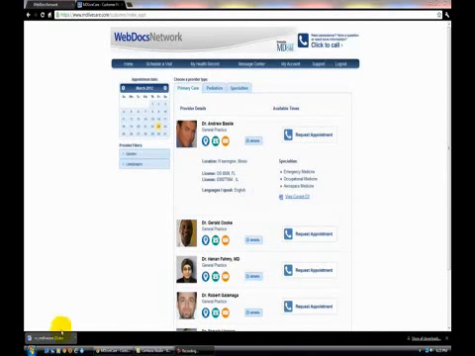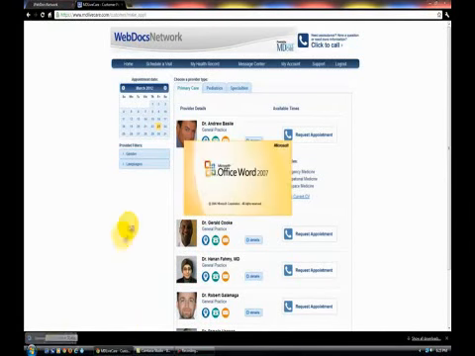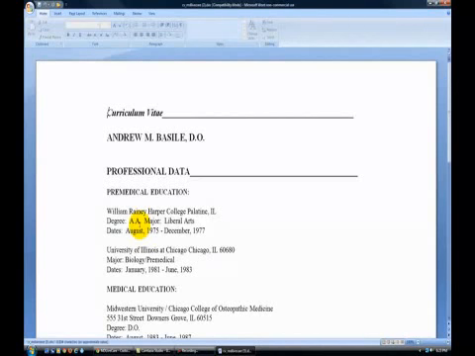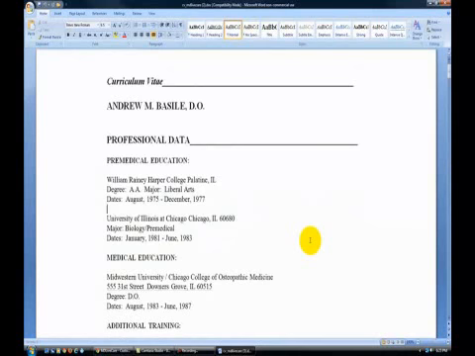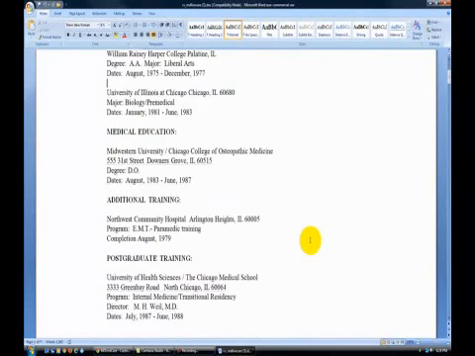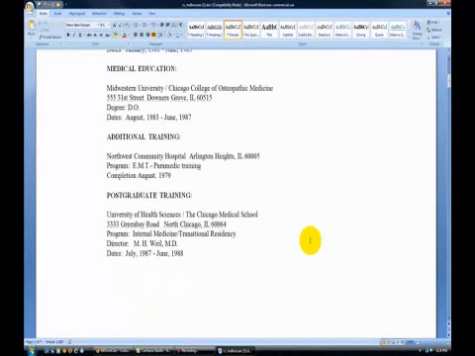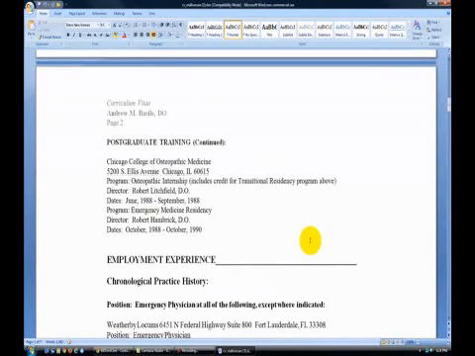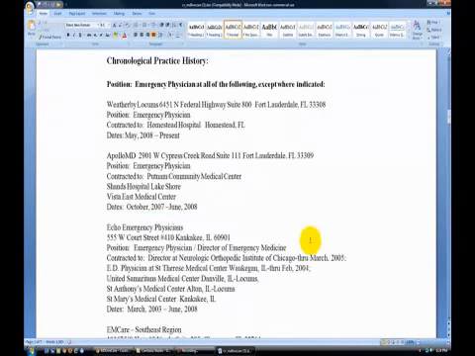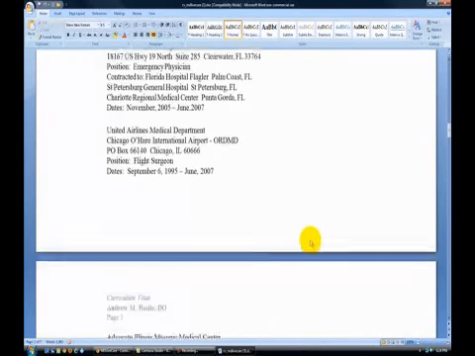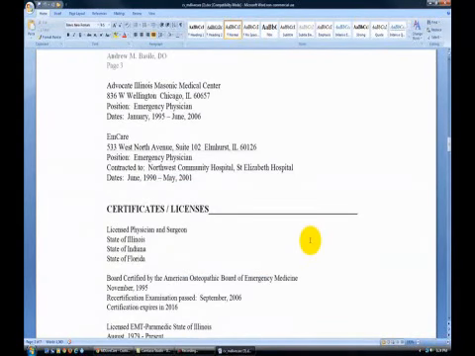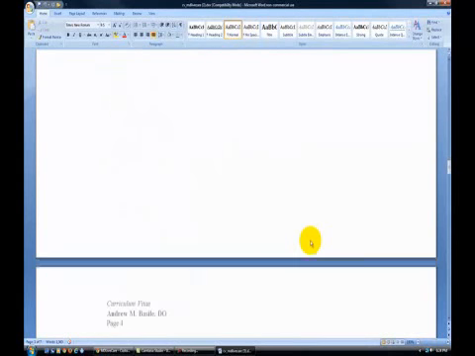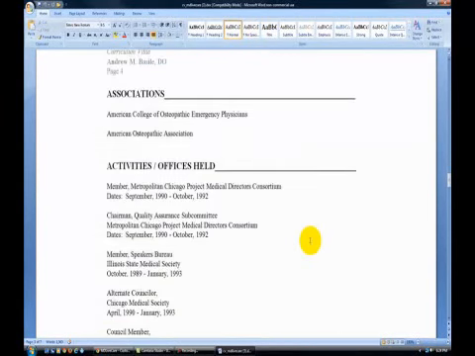So now let's go ahead and open up his CV to see detailed information on his background. What it's going to tell you again is go through the educational background and give you all of his training as well as all of his associations and employment history. So you can actually scroll down and get very, very detailed information based on a timeline of his qualifications and